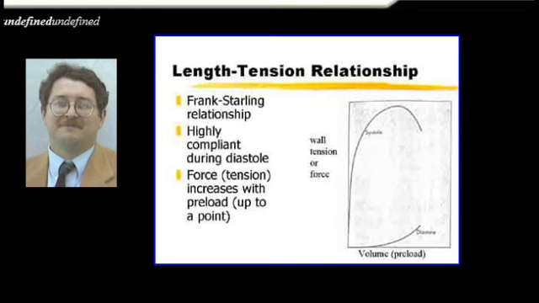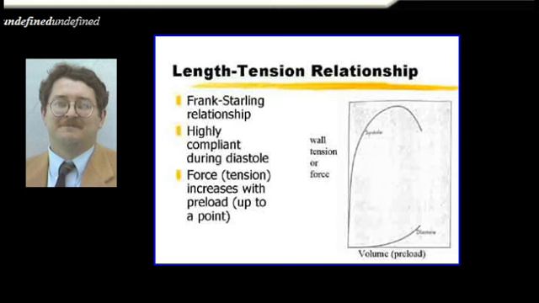Initially, the curve is quite flat, attesting to the highly compliant nature of the ventricle during diastole, but it becomes steeper as the volume increases. During systole, wall tension is obviously much higher, and you can see that the force developed increases as preload increases. This only occurs up to a point, after which further preloading results in an actual decrease